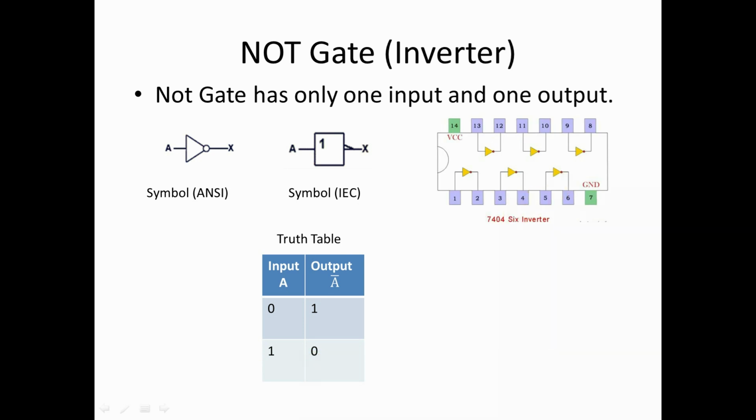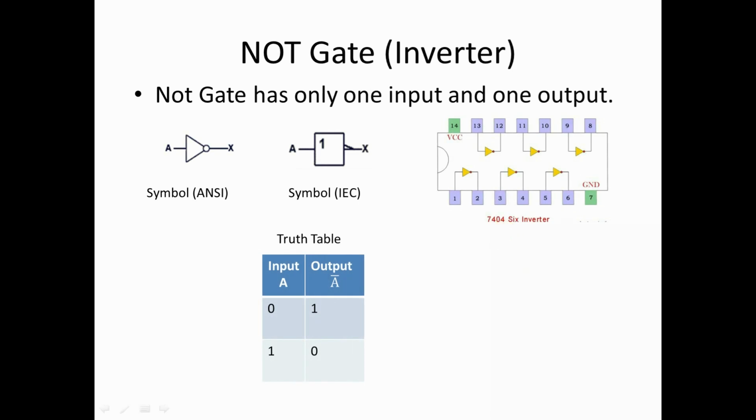This is the IC version, that is the 7404. It consists of 6 inverters, 6 NOT gates. The 74 indicates the logic family, that is TTL, and 04 indicates that particular IC, that is the inverters. There are 6 inverters. There are some other logic families like CMOS. Here I have given the example for the TTL logic family IC, starting from 74, that is the 7404, which is particularly the inverter IC. It consists of 6 inverters.